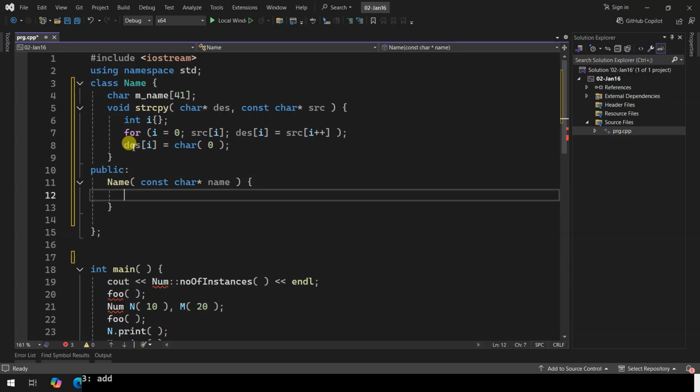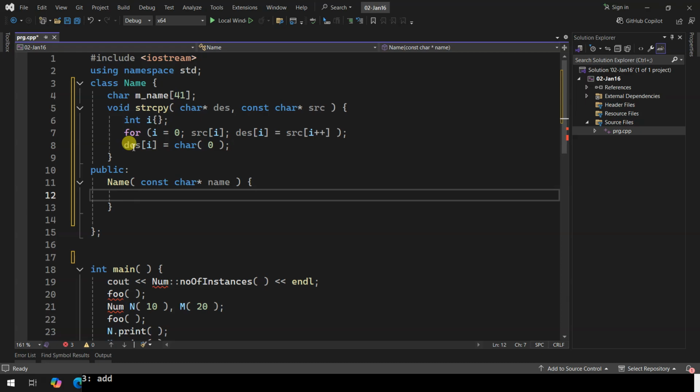Who asked the question? Me, sir. Okay, so Insan, take a look at this. This strcopy, I have a question. This is needed for name, right? Because I want to do copying in it and I don't want to use any library.